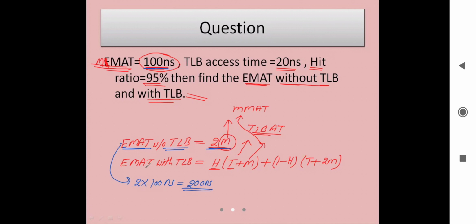What about the effective memory access time with TLB? Let us put the parameters. H is the hit ratio, and the hit ratio is 95%, that is 95 by 100, multiplied by T plus M. T is the TLB access time, that is 20 nanosecond, and M is the main memory access time, that is 100 nanosecond. Plus 1 minus H, which means 1 minus 95 by 100,